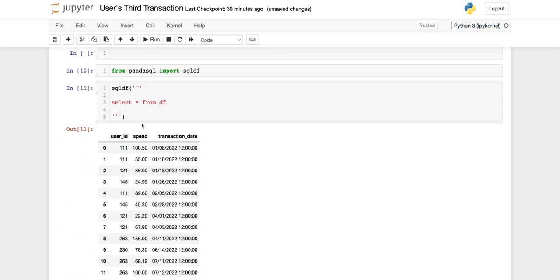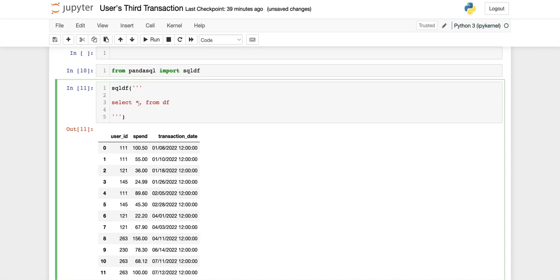As you can see, this is working fine. Now let's create a column. I'm sorting this transaction date for every user, in ascending order. Then I'll select the user's third transaction. I'll do this with the help of row number, which is a part of window functions. So I'll just write row number,